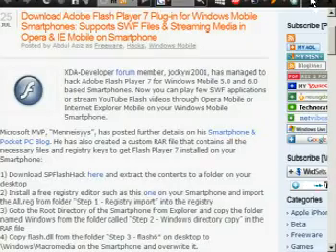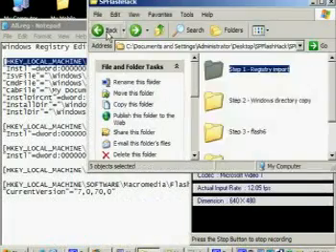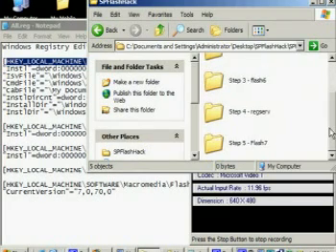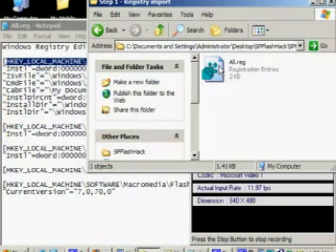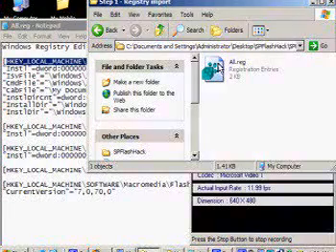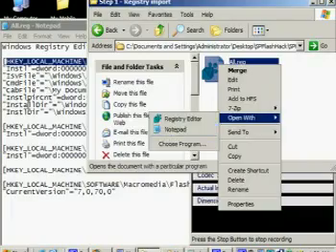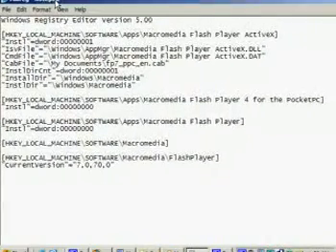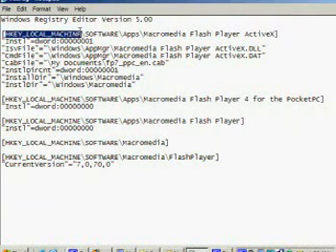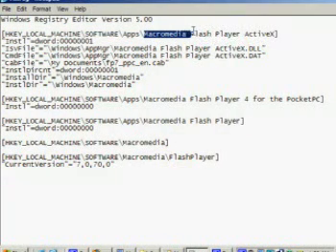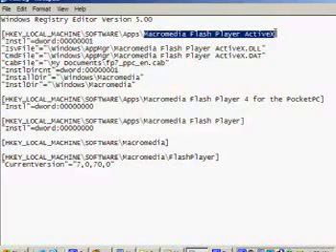Download the SP Flash hack and unrar it, and you will get this. There's 5 steps here. First one will be registry import, but like I said, there's no free program that I know of that'll import registry keys. If you find one, let me know, because that would make this whole process a lot simpler. Open up the registry entries in Notepad, and you will get this. This is a list of all the registry keys that would go in there automatically, but you're going to have to do this manually. This is the directory, HKEY_LOCAL_MACHINE, Software, Apps. Now, anything past Apps in these cases isn't created yet. You're going to have to create the actual registry key. So this would be macro